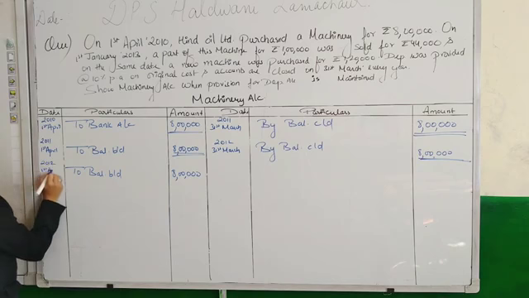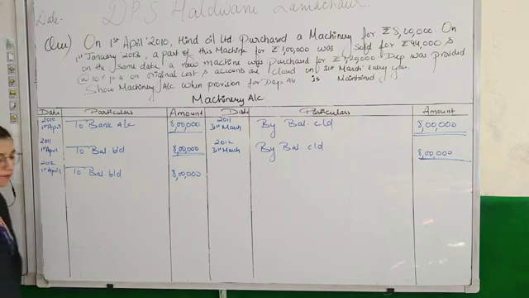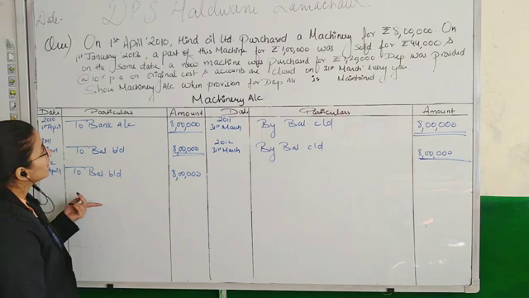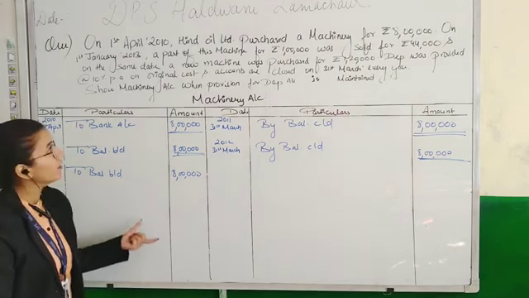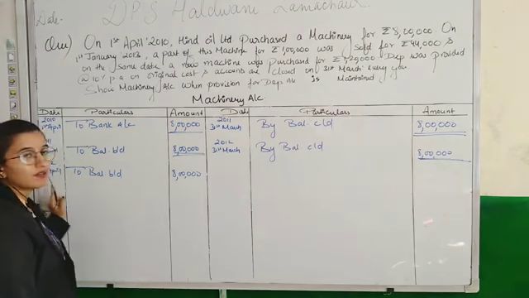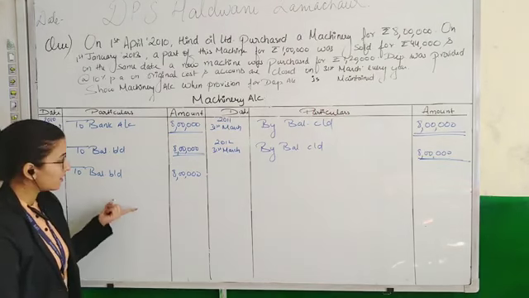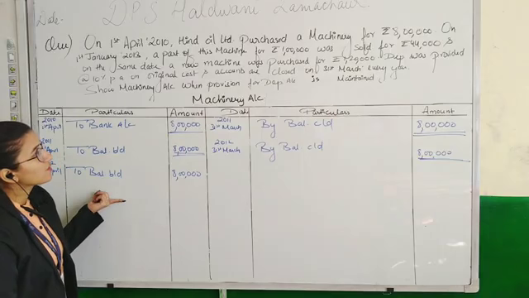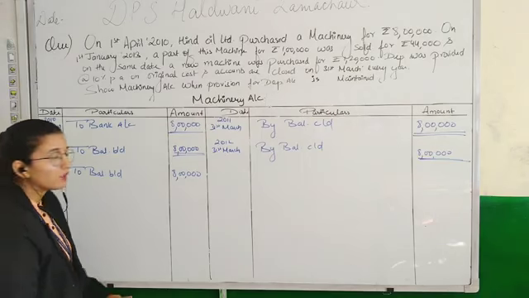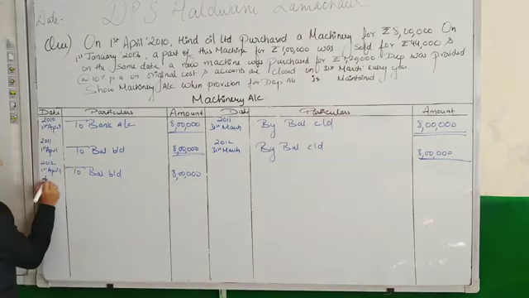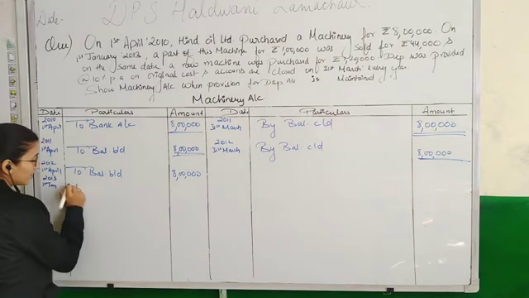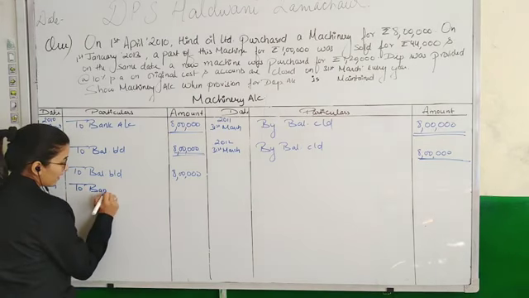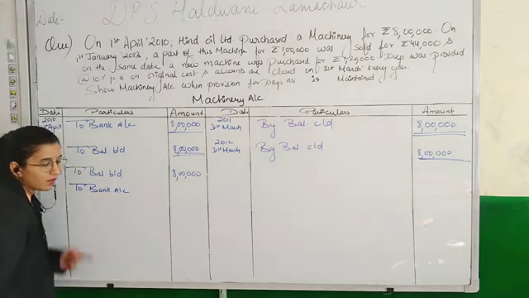Date will be 2012, 1st April. Now in the year 2013 on 1st January, which comes in between the accounting year of 1st April 2012 to 31st March 2013, a new machinery was purchased for rupees 1,20,000. So in the year 2013 on 1st January, we will write the amount of new machinery as to bank account. Amount is